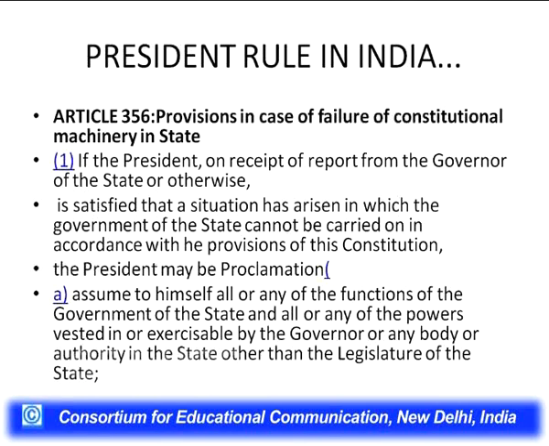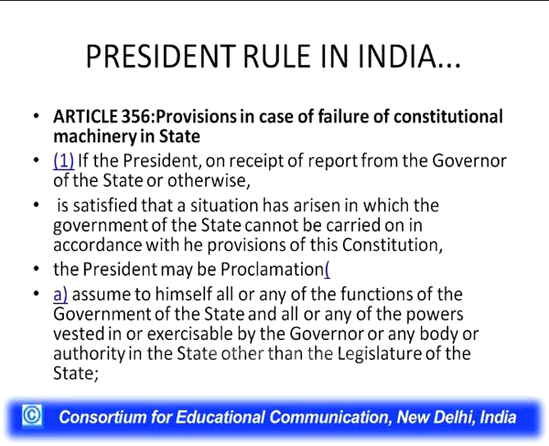It means, suppose the Governor of a state is working in collision with the respective state government, and is not sending the factual report about the existing law and order situation in the state to the central government, and the central government has received the report from some other sources, it may be intelligence sources, it may be a report of the media. On the basis of those reports, the report of the Governor or the report received from the independent source, the President of the country will be justified to